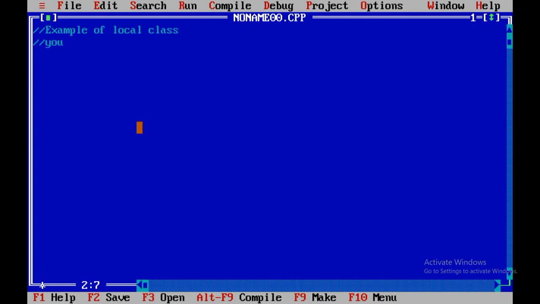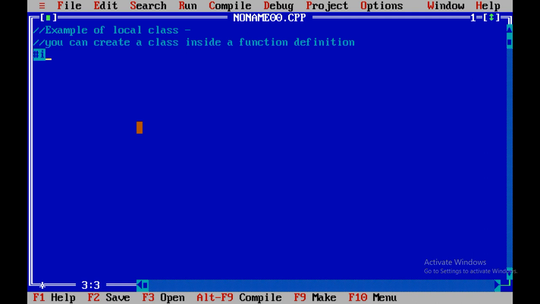Let me give a comment line: you can create a class inside a function definition, and that is called a local class.